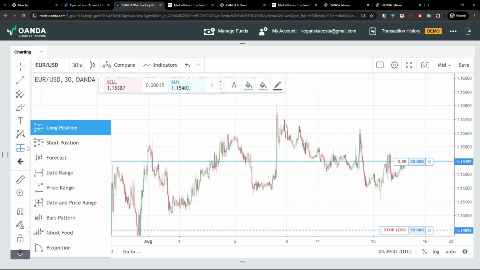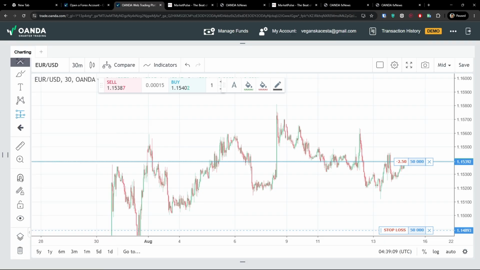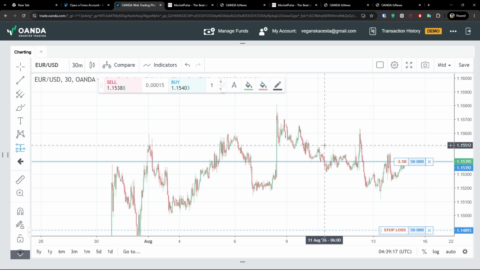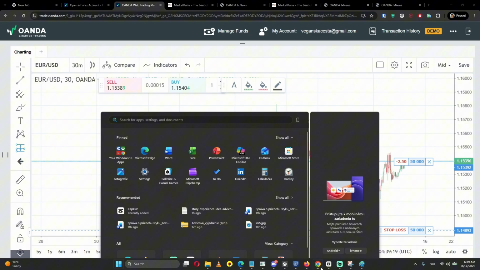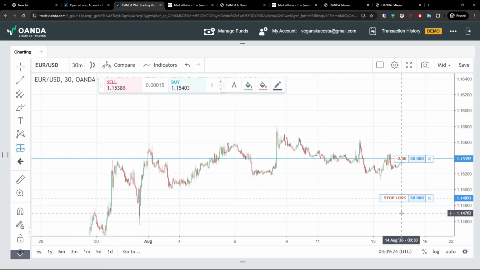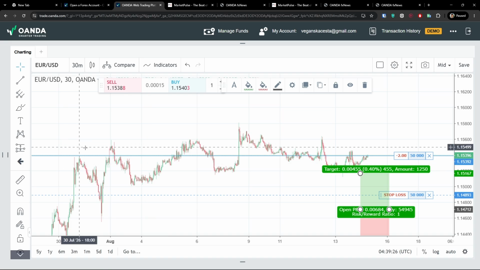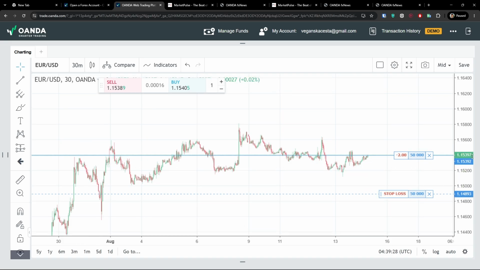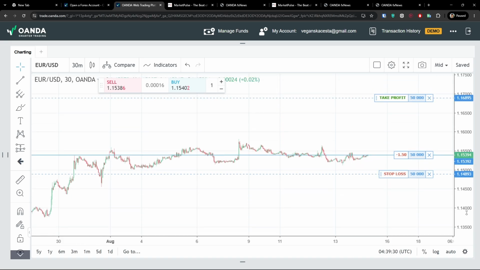Are you sure you want to partially close? Yes. And now look what happened: I sold 50%, and my margin used changed too. Then you have margin available, and everything changed. And now I'm only 50,000 units in it, and not like that, right? So this is how it works, and how you can use it, and where you're going to find the trades, and where you're going to see